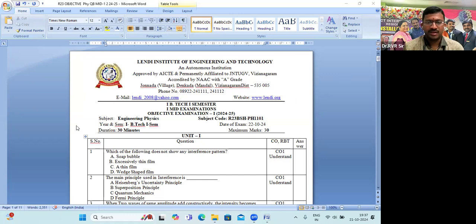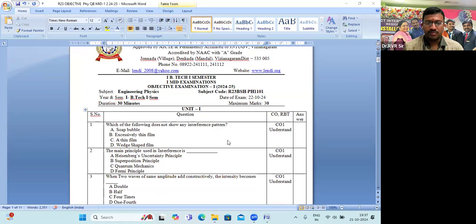Today we are going to discuss the online bits, model of online bits, multiple choice bits. Now we are discussing from unit 1. Which of the following does not show any interference pattern? A. Soap bubble. B. Exclusively thin film. C. A thin film. D. Wedge shaped film. And the right answer is,